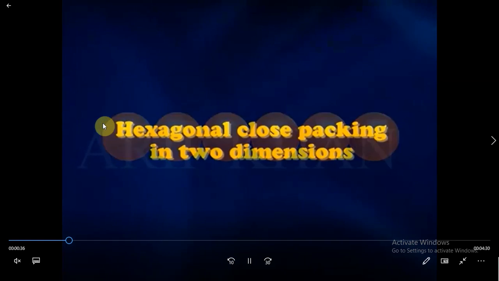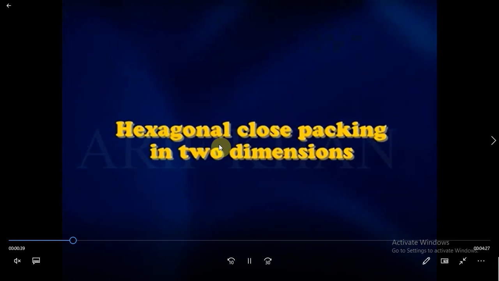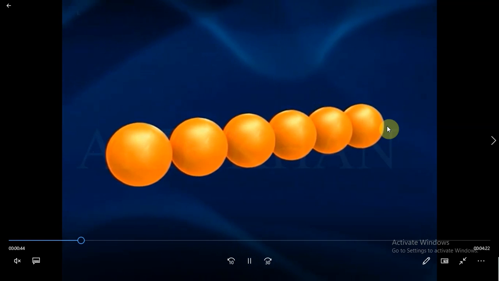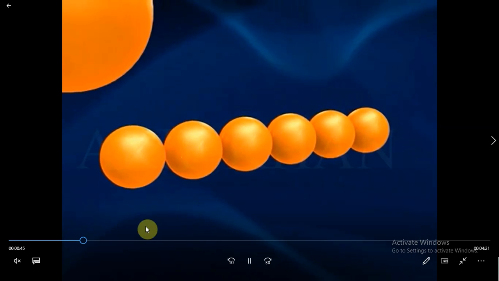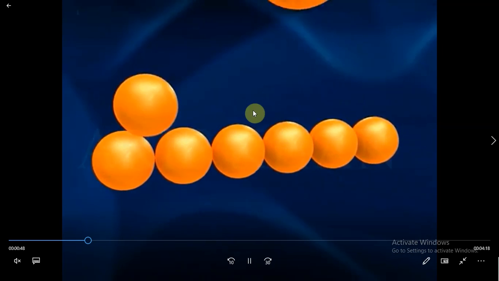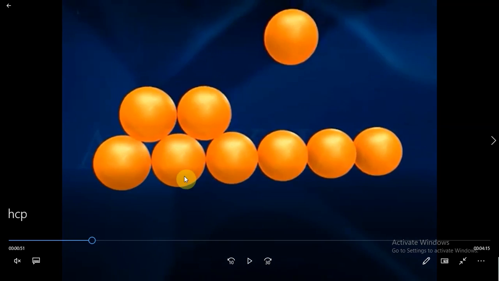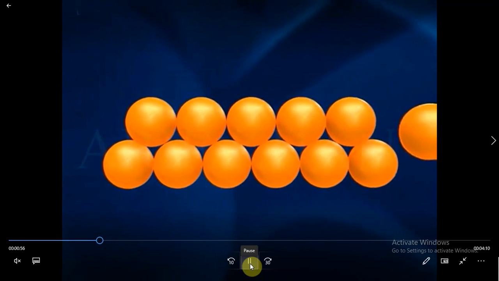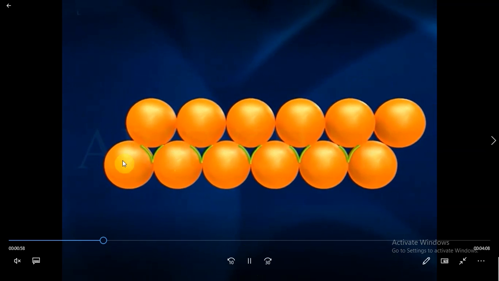So this is how an atom can be arranged in a row. Now we will see hexagonal closed packing structure. So this is for a single row. Then over it another row of atoms can be placed, and it is placed in such a way that the atoms are placed in the vicinity of these 2 atoms. So you see a void kind of thing is created. So every atom is placed in the vicinity of these 2 atoms. So this void is getting created, you see, and this is the vicinity that we are talking about.